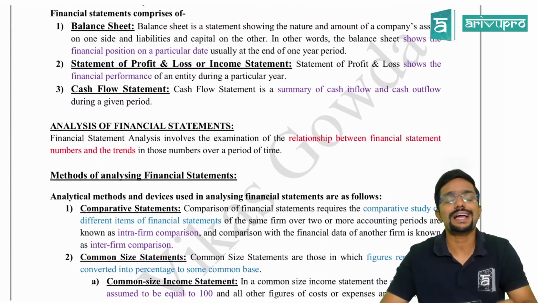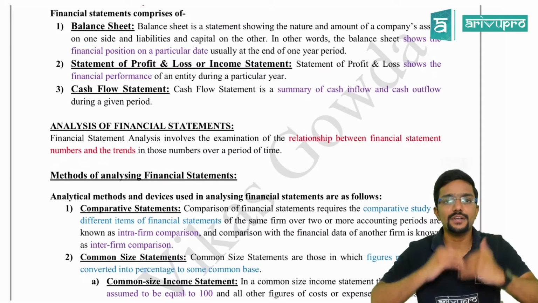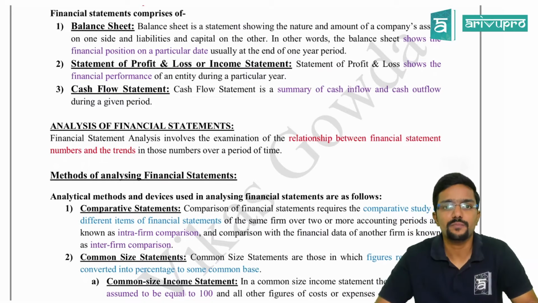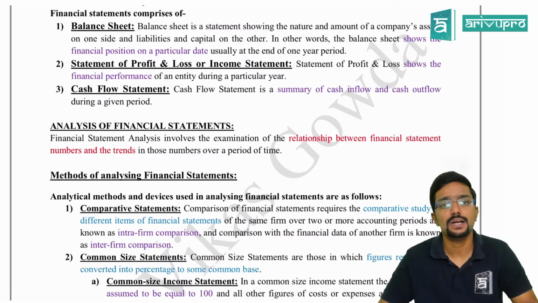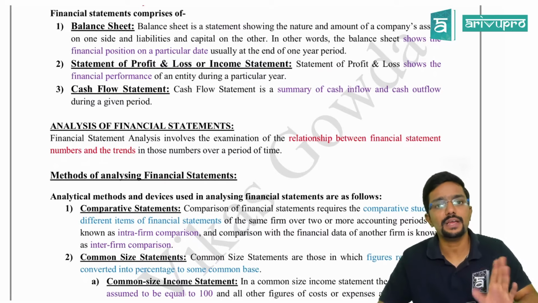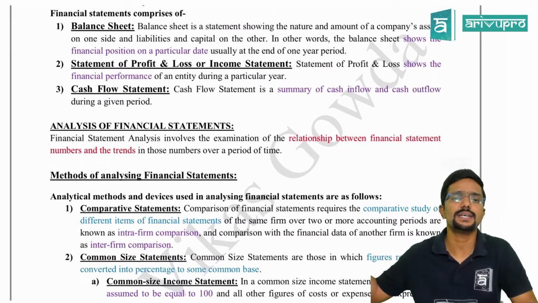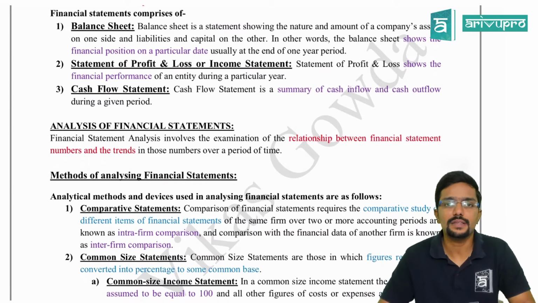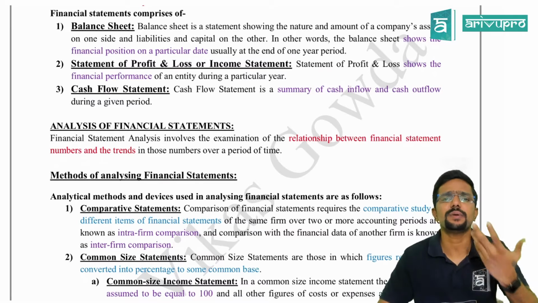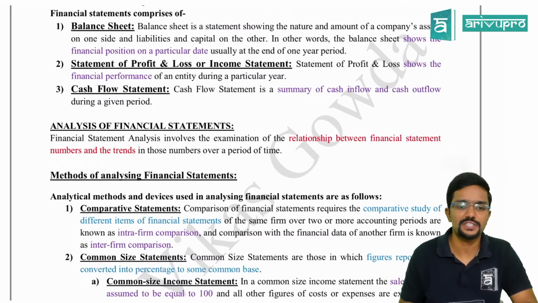Okay, next comes the cash flow statement. This is a statement which shows the summary of cash inflows and cash outflows of the company. Cash inflows might be from different activities like operating, financing and investing. In the same way, cash outflow also will be for various purposes like operating, financing and investing. So from these three major activities, the cash inflow and cash outflow will be presented in the cash flow statement, and it is prepared on cash basis. Okay, so these are the three major components of financial statements.